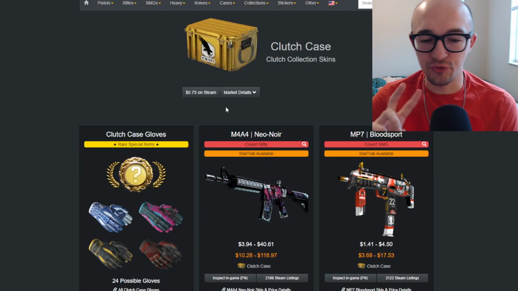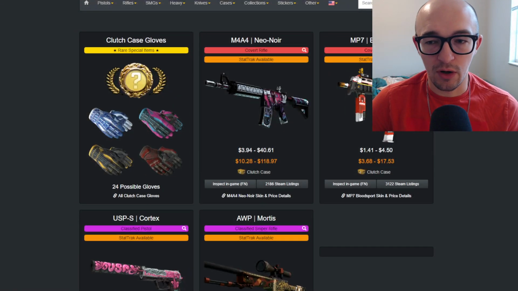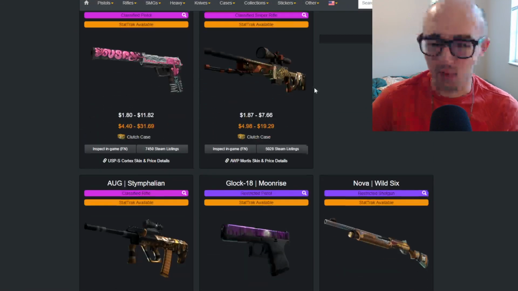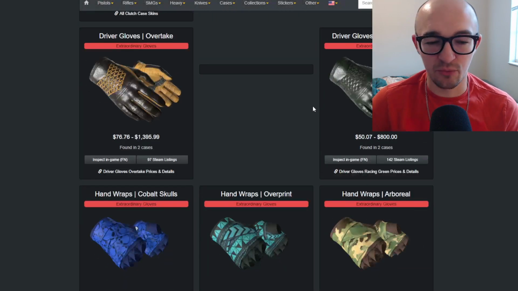We have the Clutch Case as well. Two more cases I want to talk about real quick. Again, we have some gloves. M4A4 Neo-Noir, MP7 Bloodsport, Cortex, Mortis. Skins aren't that crazy, but from this collection, you can get some really, really cool gloves